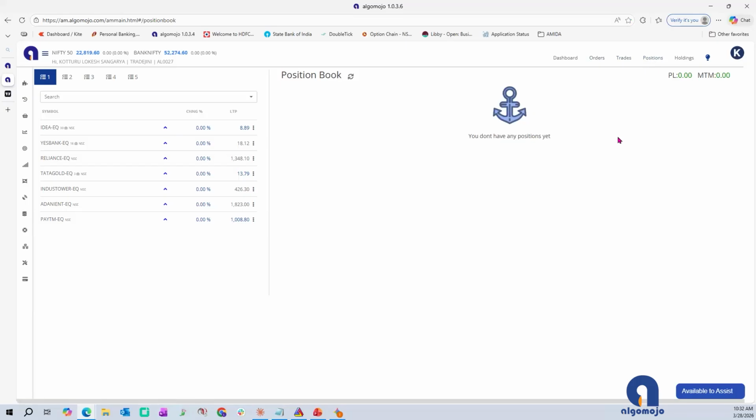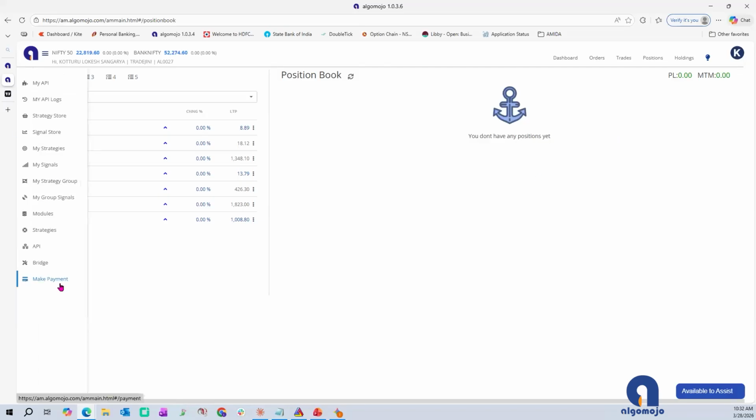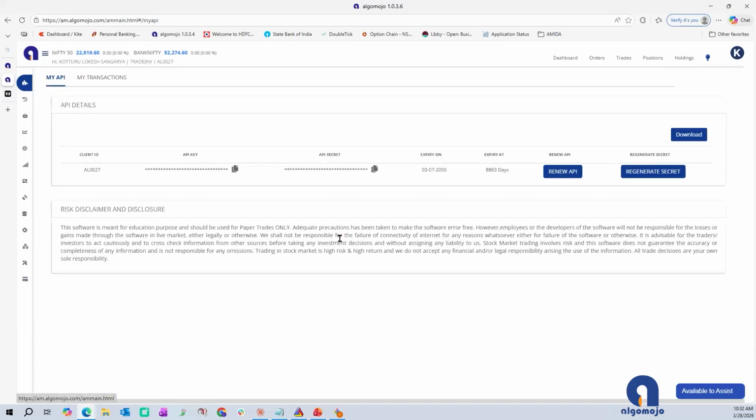Like if you open a broker's account, whatever you see in terms of orders and trades, this similar thing will be reflected here. Now, for looking at API orders, you'll need to get into a separate tab, which you'll find quite a few tabs on the left side here. The first thing that you'll need to do is to go to this My API